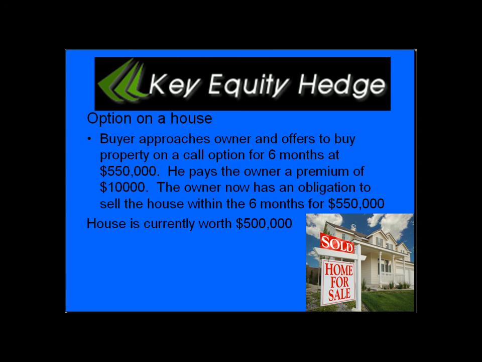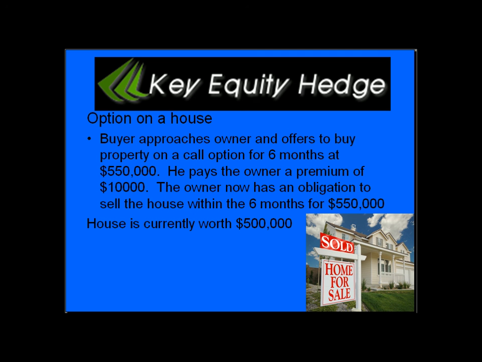Okay, so we'll go through this example. We have a house here that's worth $500,000. We have a seller and a buyer. The buyer approaches the homeowner, who is the seller, and says, look, I would like to lock in the price of your house over the next 6 months at a value of $550,000. That means that if the price goes up to $700,000 within 6 months' time, I can buy that property off you for $550,000, and I'll pay you a premium of $10,000 to have the right to that contract,